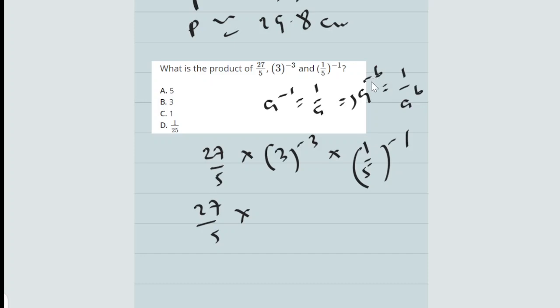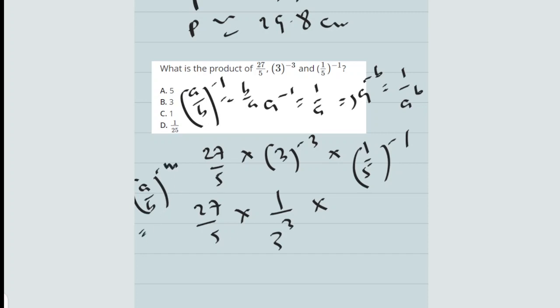Then you remove the negative and write that index. So this is also going to be 1 over 3 raised to the power 3. Then multiply by, we call something Takiti law. Takiti, in Yoruba, means you interchange the numerator and the denominator. When you have a over b, everything raised to minus 1, it's the same thing as b over a. Even in general, when you have a over b, everything raised to minus n, it's the same thing as b over a, everything raised to the power n.